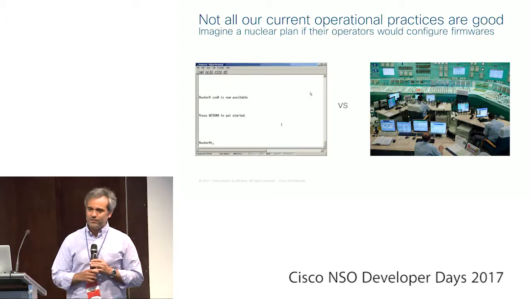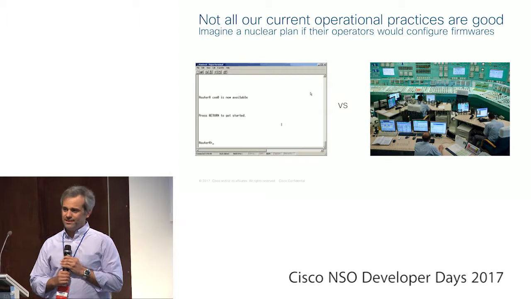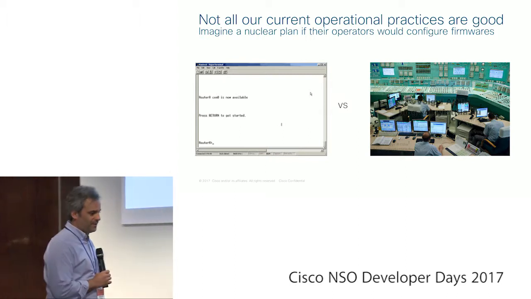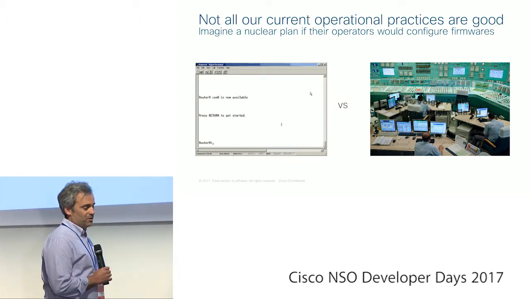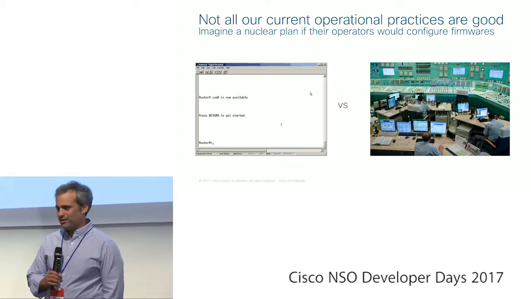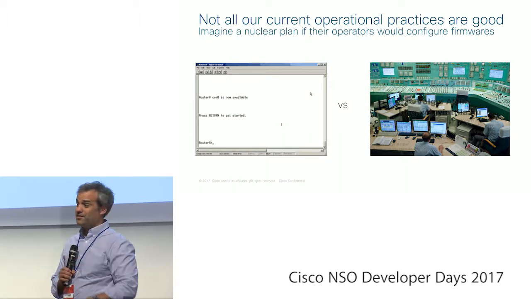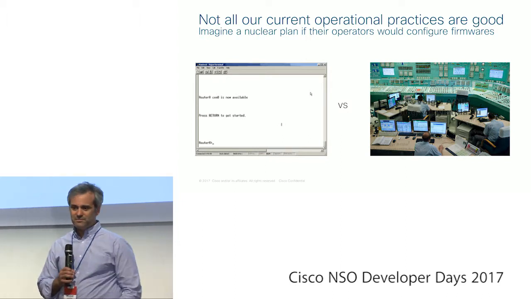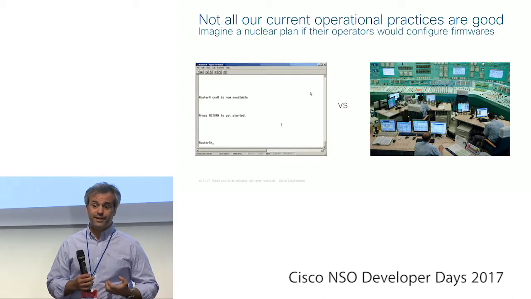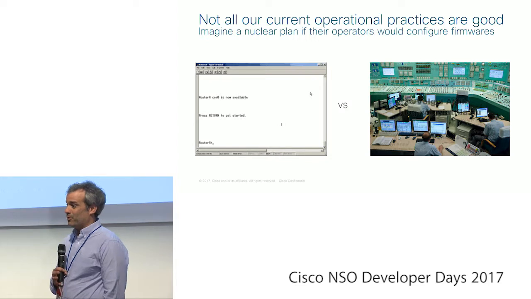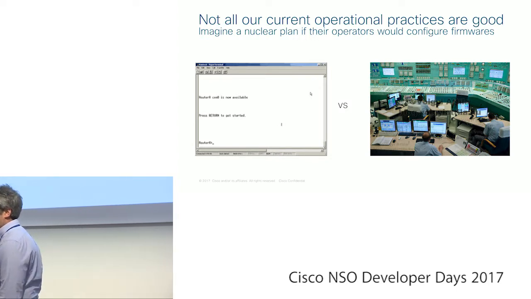And one of the problems we see many times, and I think the example Michael is going to show, is that in your network there are a lot of operational practices, and we saw in the KDDI example, which sometimes are very ingrained in the culture, correct? But not all those practices are good for where we want to go, correct? So